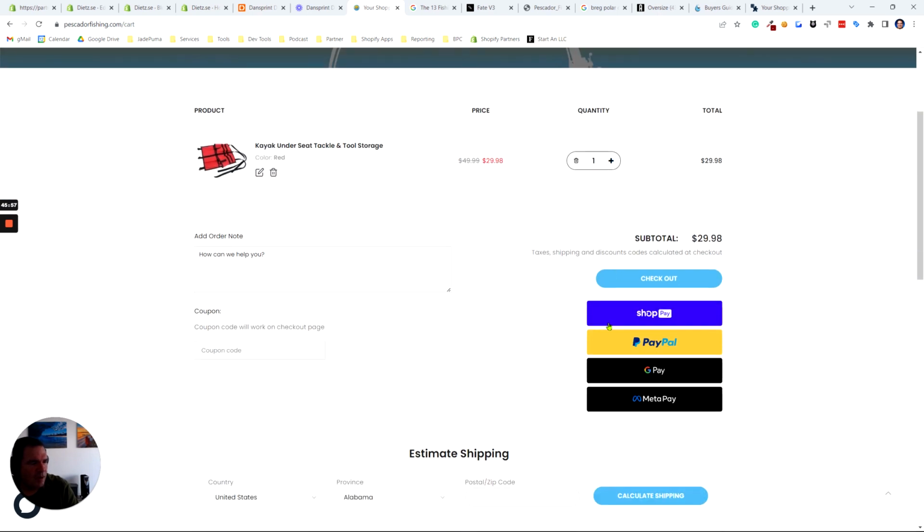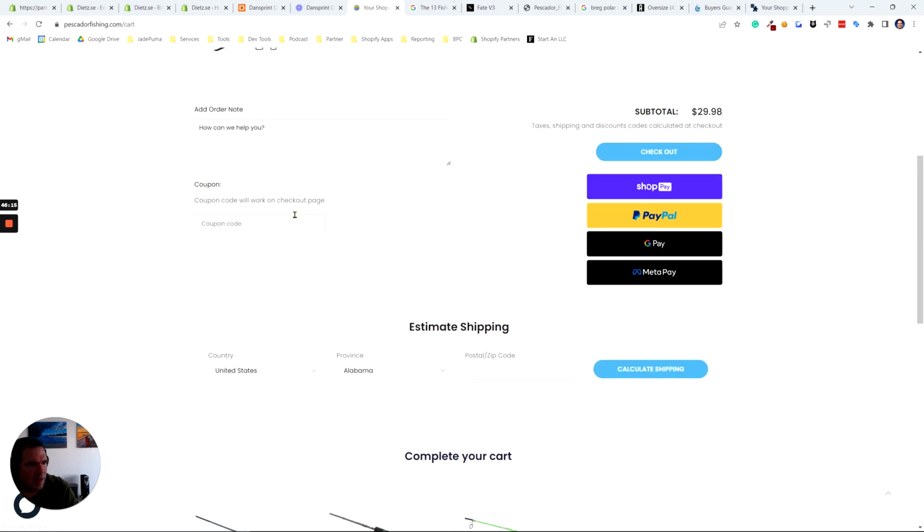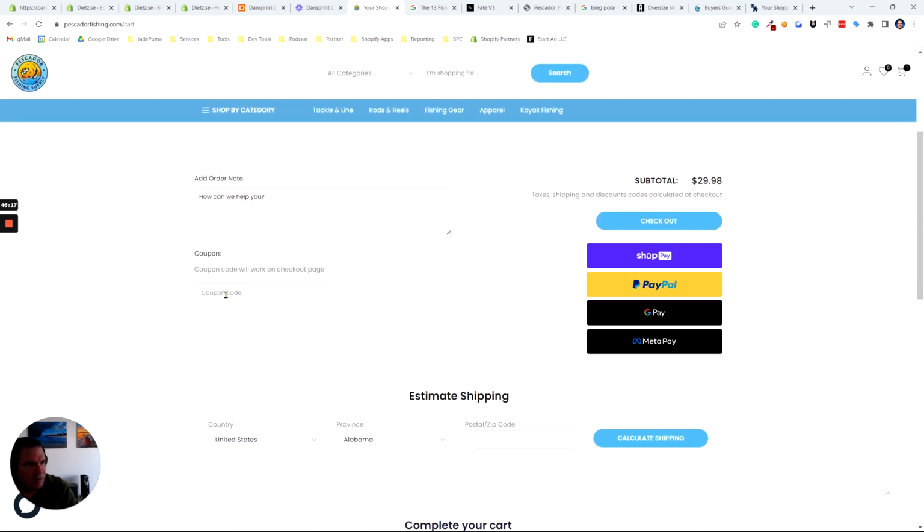So this cart, that must be custom code you have that's actually checking out your, let's actually see if I put in free 15. Yeah, so that didn't do anything, right? That's very confusing. And what I expected was, that code's invalid, put it in another one or something, some sort of messaging. So this is probably just some hokey cheap thing that doesn't add any value on this page, just like the shipping stuff. Where in checkout, if I put in free 15,